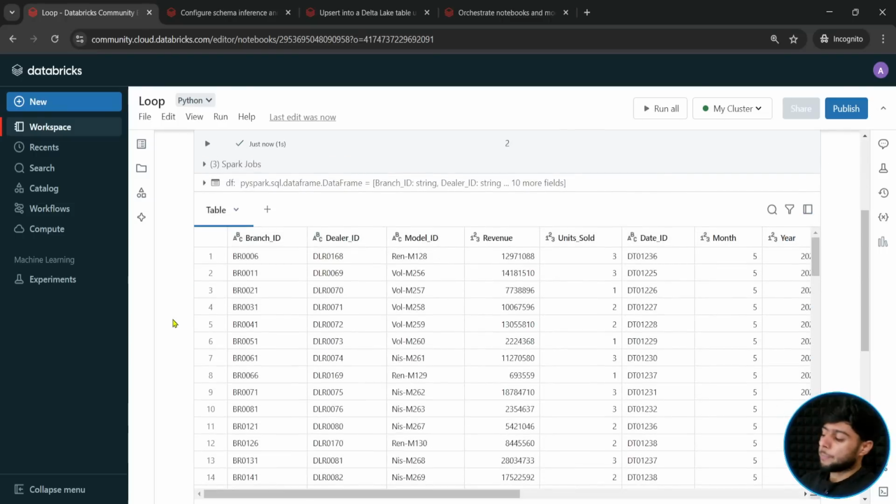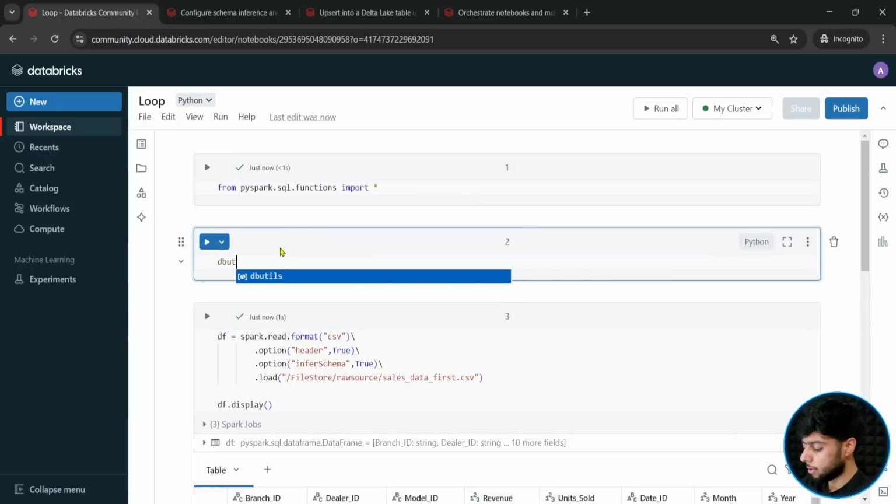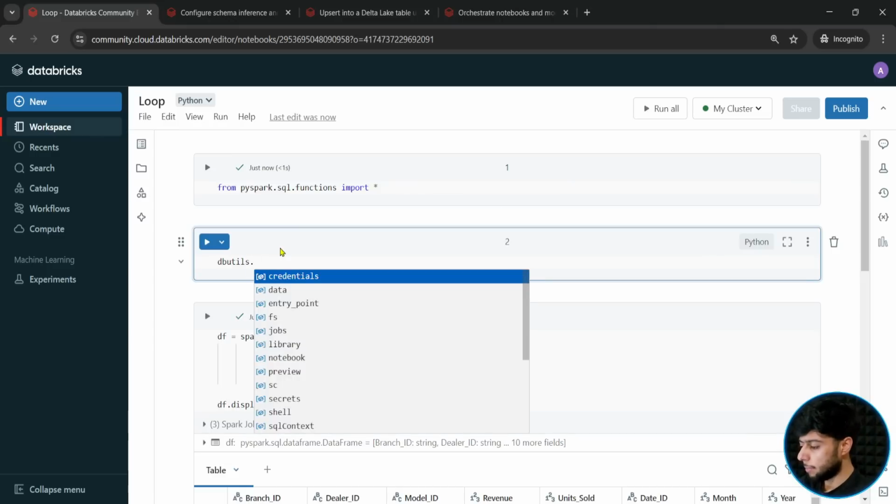Okay. Then see, we have a total of 3 distinct values within the unit sold column. Okay. Makes sense. Now I will ask the user to provide this particular information. So first of all, I will simply create dbutils. I know we cannot use it, but still I'm just using it for you. dbutils dot